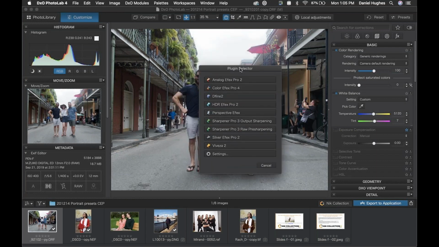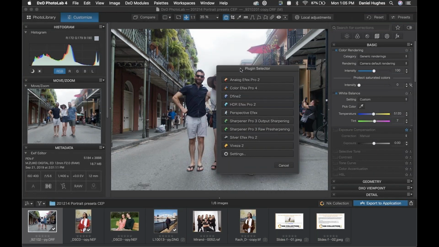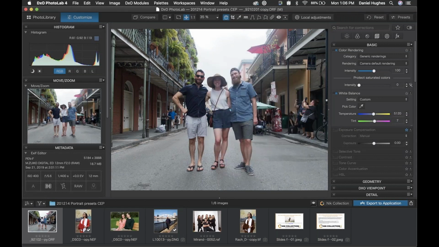Your plugin selector is going to come up, and this is where you're going to have access to the different Nik plugins that are built into your Photolab as you've got them installed, and your settings as well. And we're not going to worry too much about settings right now, but there's one thing that I want to mention towards the end of the webinar in regards to the settings, and we'll get to that. I'm just pointing it out right now. For now, we're going to go into Color Efex Pro 4, and I want to show you where the recipes are, how the recipes work, and then walk you through how to make adjustments to those things,